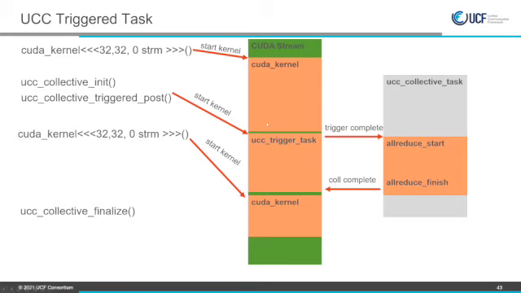So this is the basic diagram. There are different implementations for the UCC trigger task. The most obvious one is to use a UCC wait kernel. The wait kernel is a tiny CUDA kernel that occupies the stream. It does not consume a lot of computational resources. But we also support marking the stream busy with some driver API if it is enabled. Details can be found in the UCC source code or documentation.